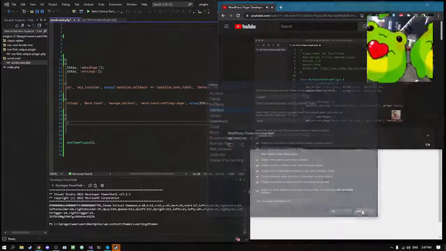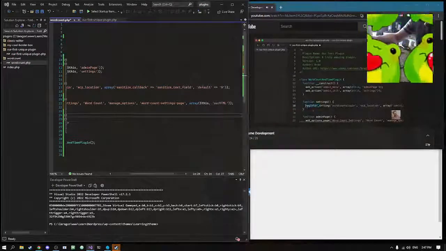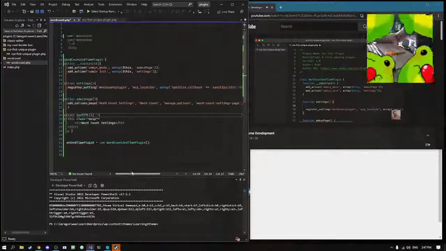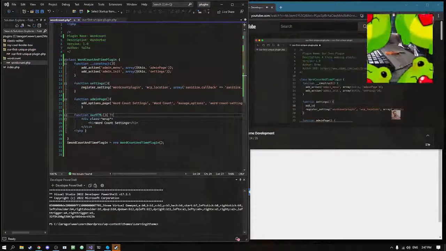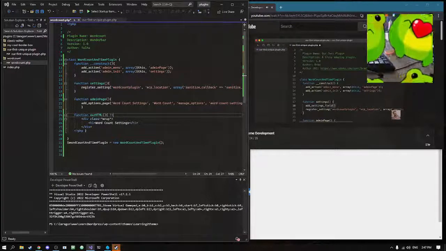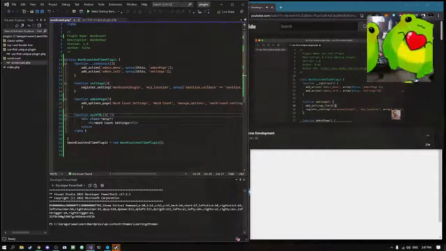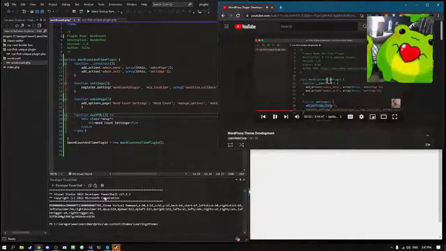So let's do this. Right above this register_setting line, let's add a new line and say add_settings_field. Semicolon here. Now the job of this function